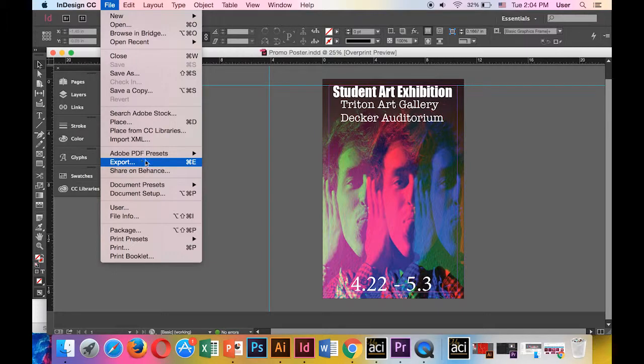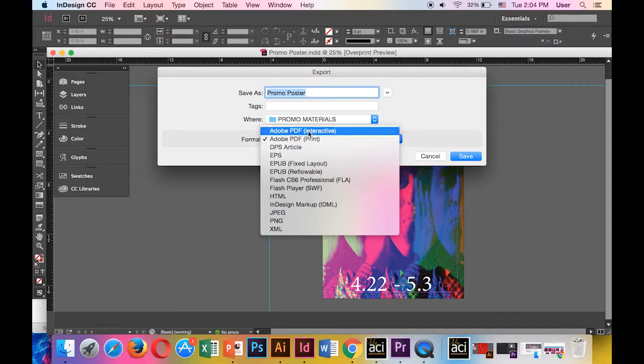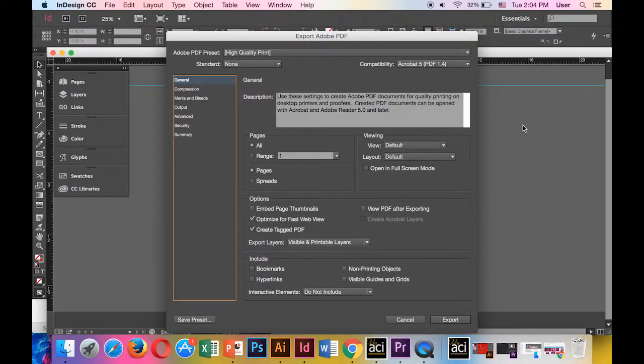I'm also going to go to File and Export. Let's say I was actually sending this to the printer, and it's a promo poster. It's going to be an Adobe PDF. And of course, there are lots of ways that you can format it. You could do a JPEG if that's what you need to do. PDF is typically what my college's print shop prefers when we send things electronically. All right, so I'm going to go ahead and click